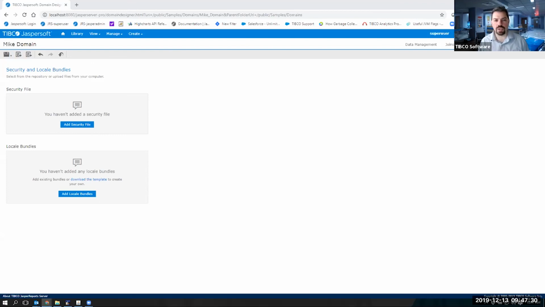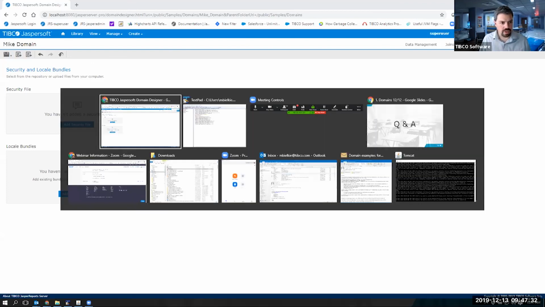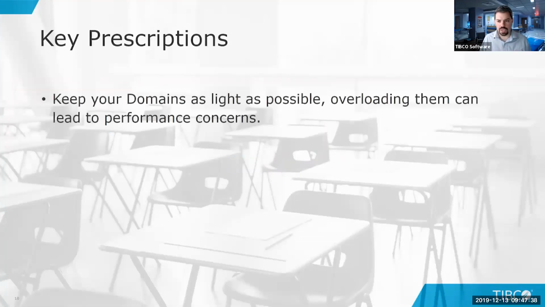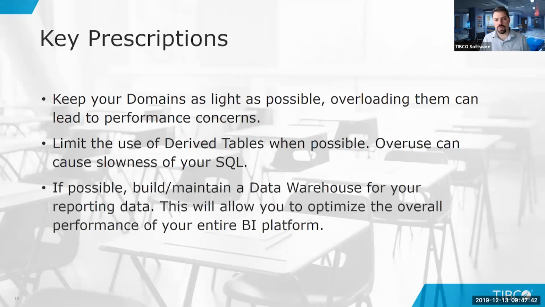I didn't even talk about key prescriptions, I apologize. All right, let me just put these on the screen real quick. These are things I already mentioned several times, but the key prescriptions that come away from this: keep your domains as light as possible. Overloading them will lead to performance concerns. Limit the use of your derived tables.